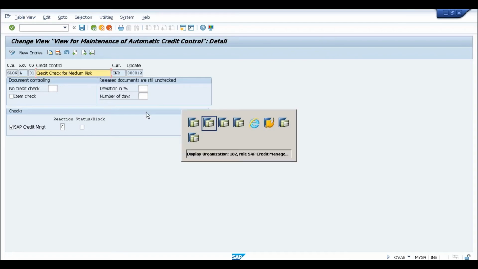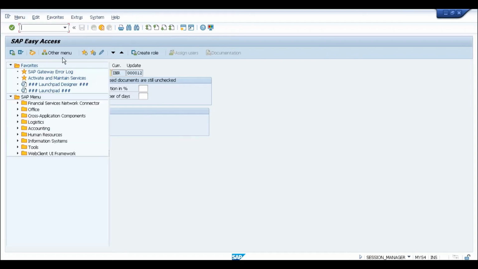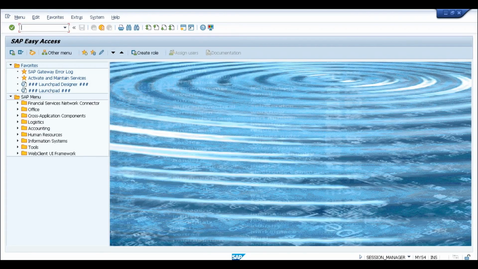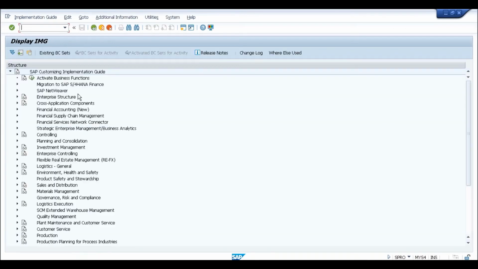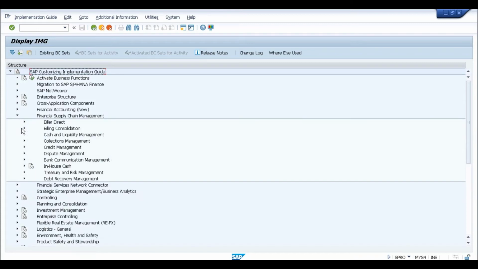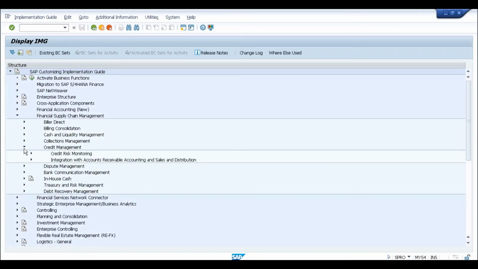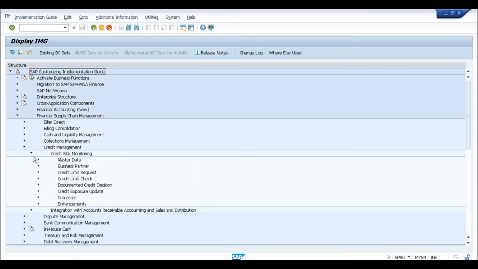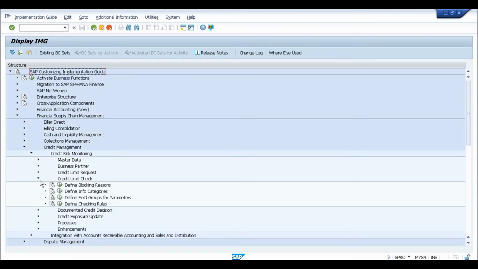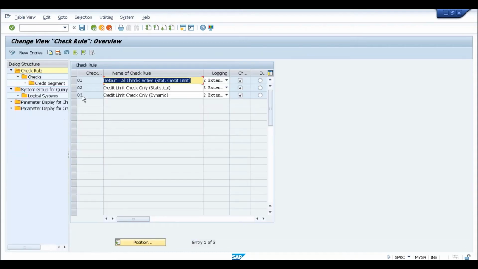And where exactly is that check rule available? It is available under the SPRO node, SAP Reference IMG. Under Financial Supply Chain Management, you have Credit Management, Credit Risk Monitoring, Credit Limit Check, and this one, Define Checking Rules. So here there are 3 different rules created.